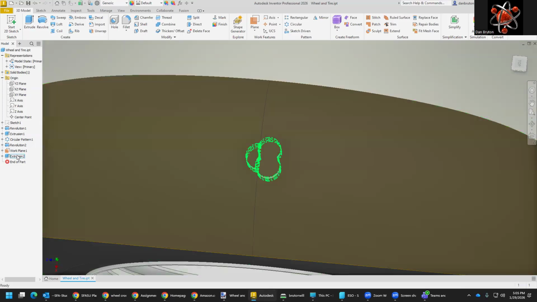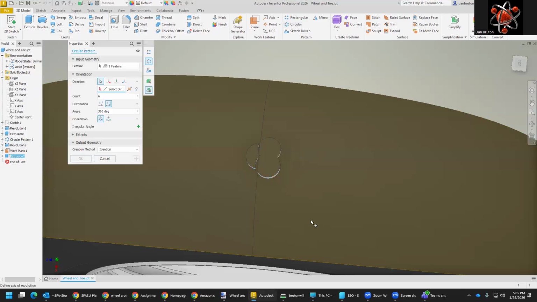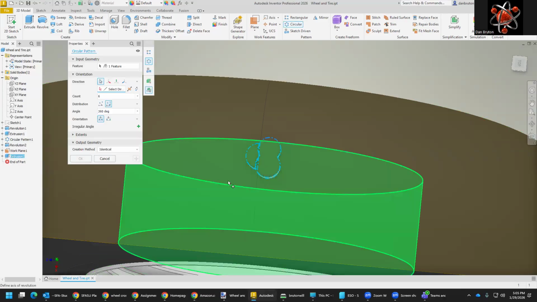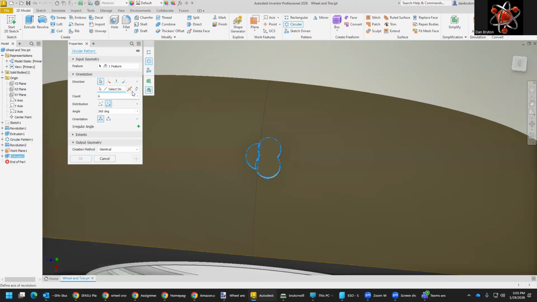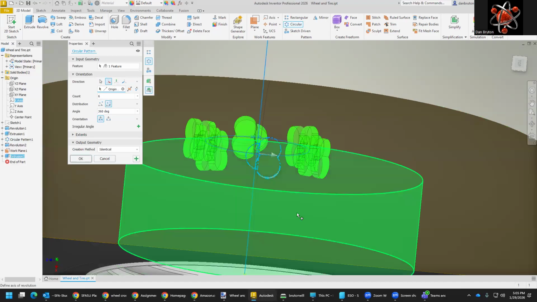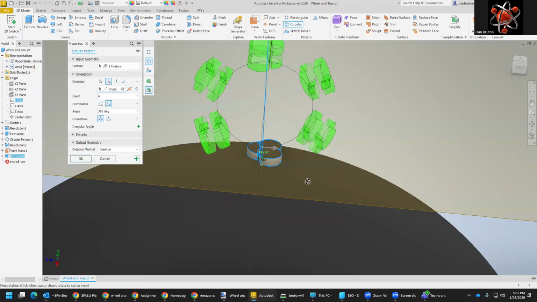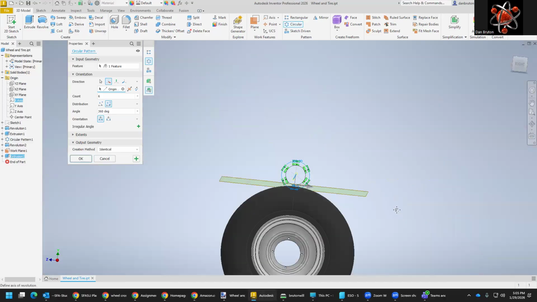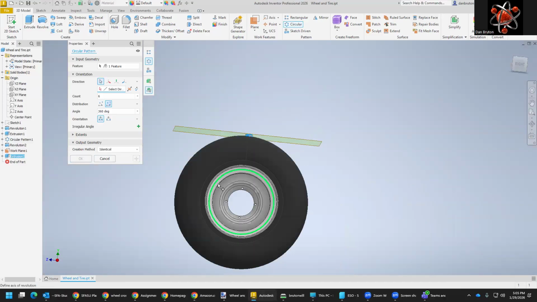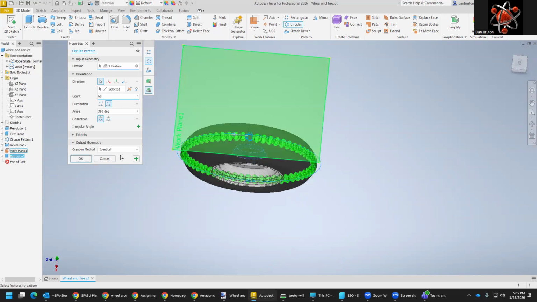So we're going to take this extrusion right here, and we're going to make a circular pattern in the 3D model. And then it's going to ask for direction. And I think we're going to use the X direction like this, although that does not look right. So I think what we want to do is come back over here and select this circle. You can see it's around the outside edges. So you can say, do you want 60 of those, or is that too many? 30,